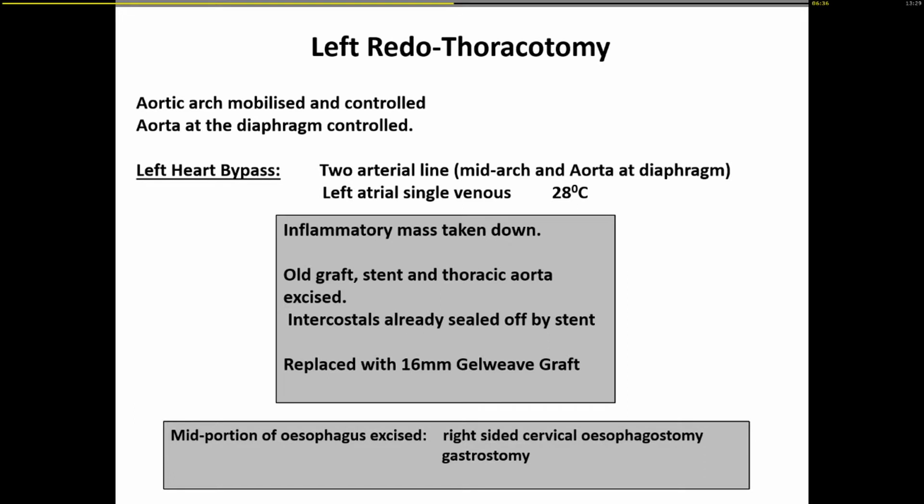inflammatory mass. We took out the whole old graft, all the stents you could see, which were really filling the whole thoracic aorta. We'd imagined we would want to reimplant the intercostals. All the intercostals were sealed off because she'd had a covered stent in there for a few weeks. And we used a 16mm gel weave graft to reconstruct the whole intrathoracic aorta. So not really something we'd have wanted to do, but we felt we had no other choice given